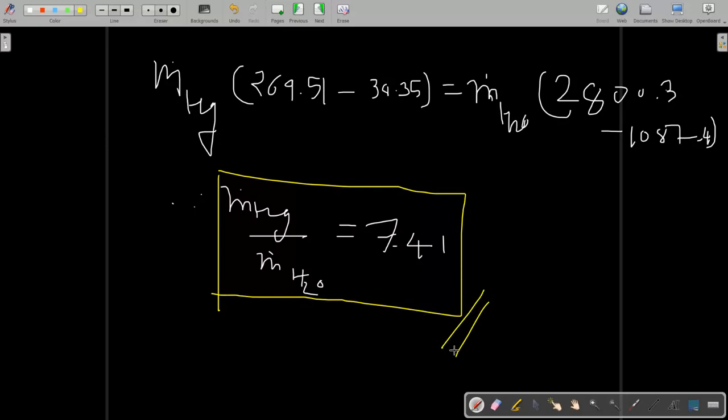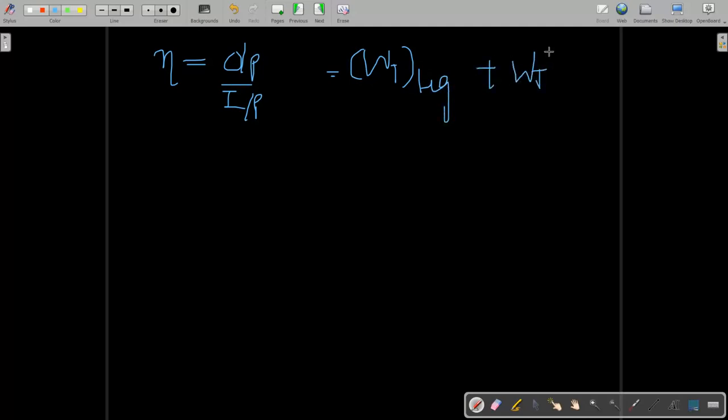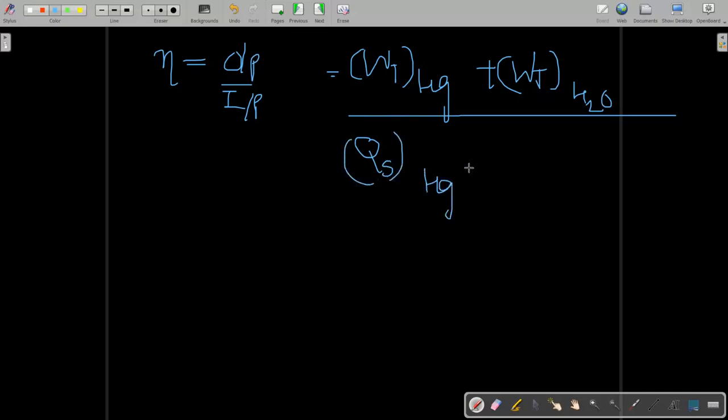Now the second thing is efficiency. As I told you, efficiency for anything is output upon input. For any mechanical device or anything in the world, efficiency is output upon input. Output is the work we get from the mercury turbine and also from the steam turbine. The energy input is the heat supplied to the mercury boiler and the sensible heat supplied